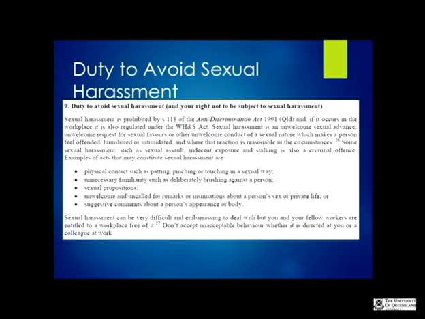And it can include suggestive comments, insinuations, propositions, physical contact, and it's one of those areas where, again, there is something in the legislation that says there is a protection from sexual harassment. It's an entirely different matter to go and accuse someone of sexual harassment, particularly in the workplace.